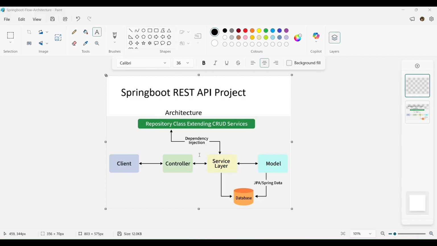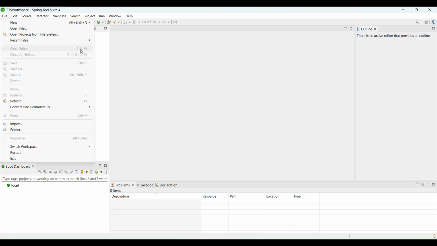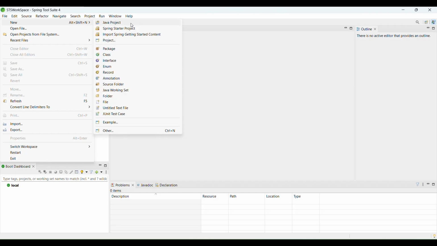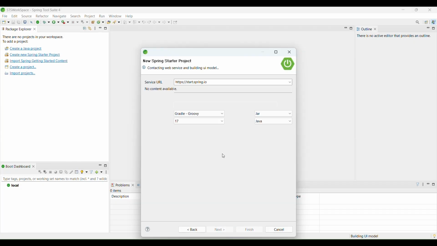So now we will create the Spring Boot application for the REST API. So I'm going to the STS. Here we will create the Spring Boot application. You can find here the Spring Boot starter project. If it is not there, you can search for Spring Boot starter project here. Okay, now just click on next,